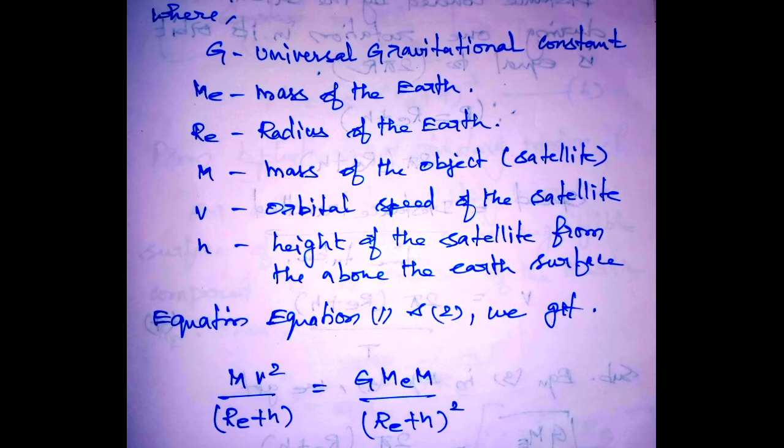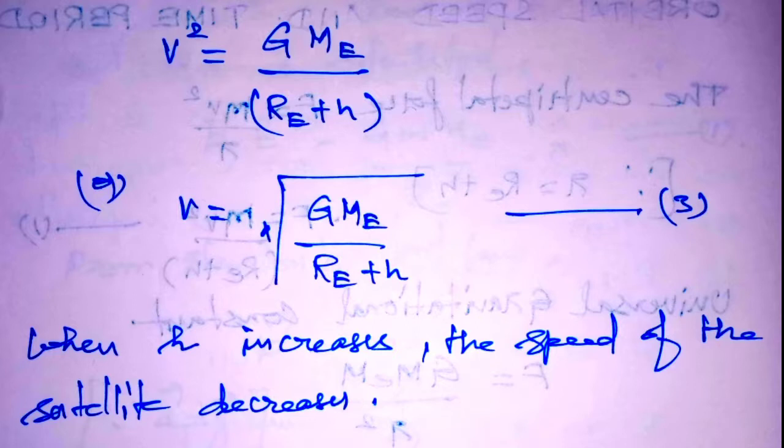For example, m and m will be cancelled, and one (Re + h) term from the square will be cancelled. Therefore we get v² equals G Me divided by (Re + h). Also, we need only the velocity of the satellite revolving in the orbit. Then v is equal to the square root of G Me divided by (Re + h). So this is equation number 3, which represents the orbital speed of the satellite revolving in the